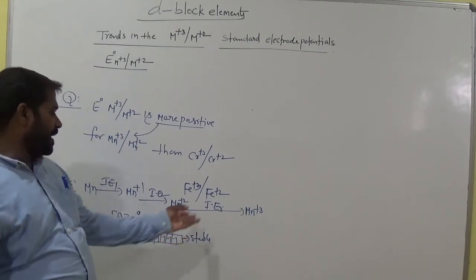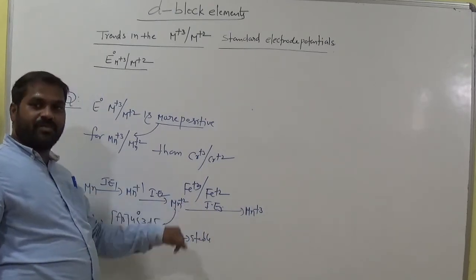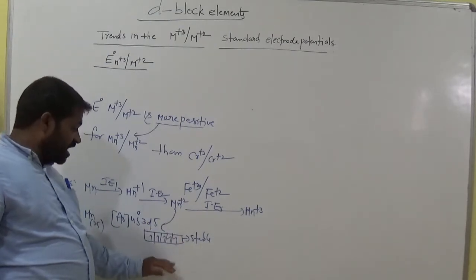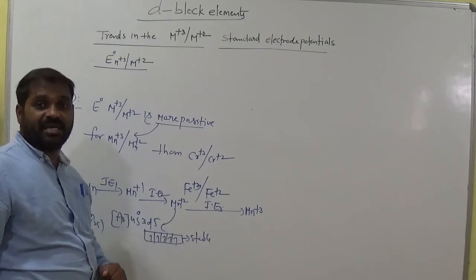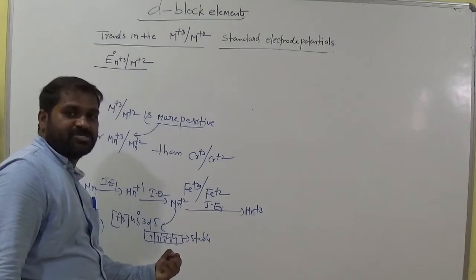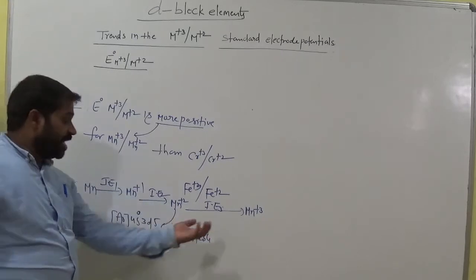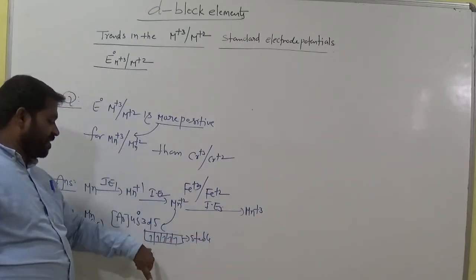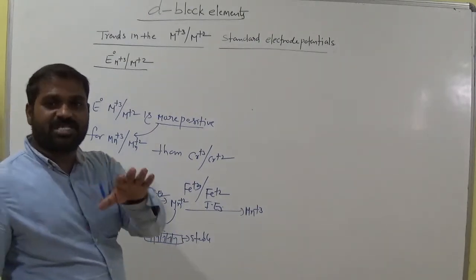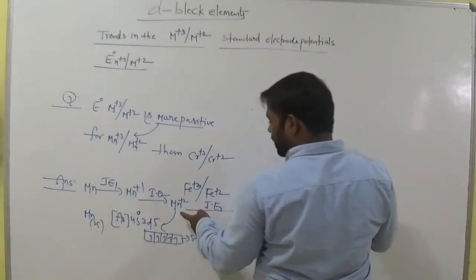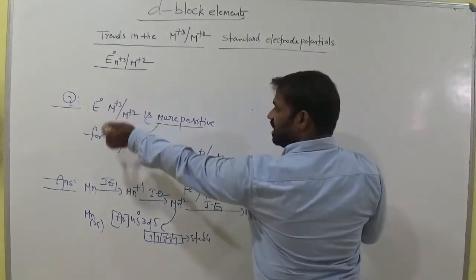So Mn+3 means if we remove one more electron from Mn+2, where do we remove that electron from? In this d orbital, it is already stable. If you want to remove the electron using the third ionization energy, we need more energy. It is very difficult to remove the electron from 3d5. So Mn+3 is not commonly existing, but it is important. It has a more positive value in the case of Mn+3.